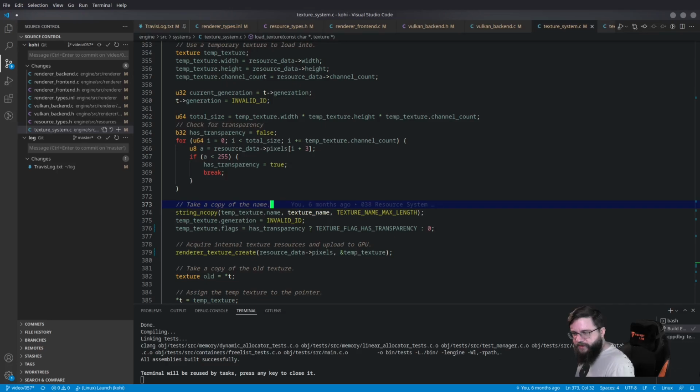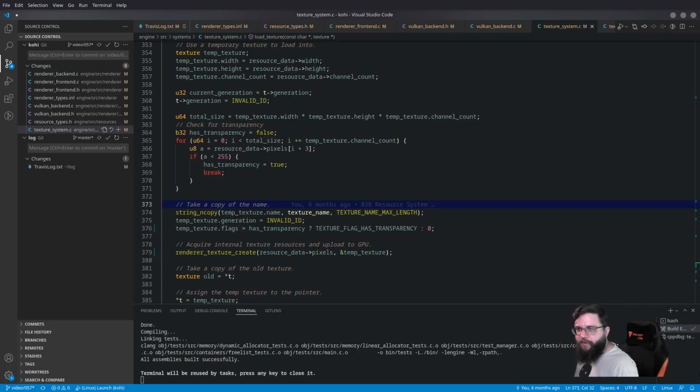Okay. So there are quite a bit more changes we're going to have to make to our texture system, but we're going to come back to those at a later time, I think. All right. Let's see. How do we want to proceed with this? So I think the next thing that makes sense, just looking at my notes here of all the things that we're going to have to change, we do need to do some work in the swap chain. We also need to set up a lot of stuff in our Vulkan renderer. And I think